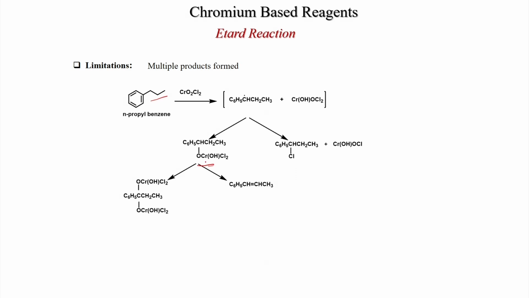Now, this one, as we discussed earlier, can further react with chromyl chloride to generate this acetyl chromium complex, which after hydrolysis generates the desired product. So, this is the desired product, where the benzylic CH is getting activated and it goes to the carbonyl compound. So, this ketone is formed. However, there is also the possibility of an elimination reaction to generate this olefin, and this olefin further reacts with chromyl chloride, and after hydrolysis it can generate this benzyl methyl ketone, where this carbon is activated and you get the ketone, which is benzyl methyl ketone here.